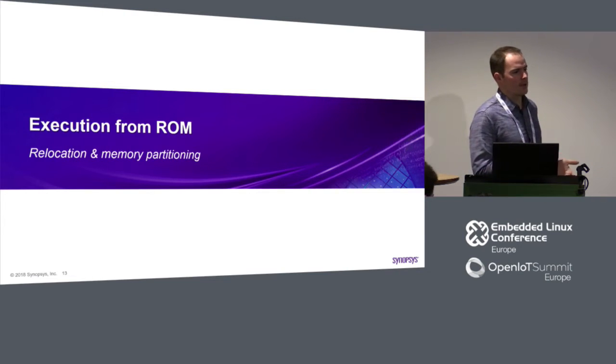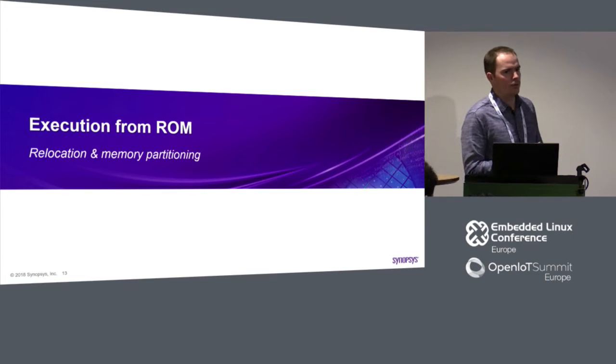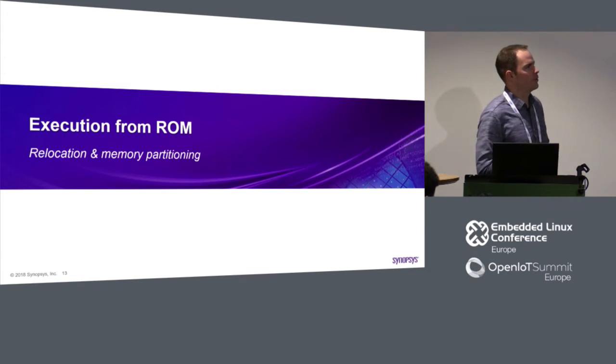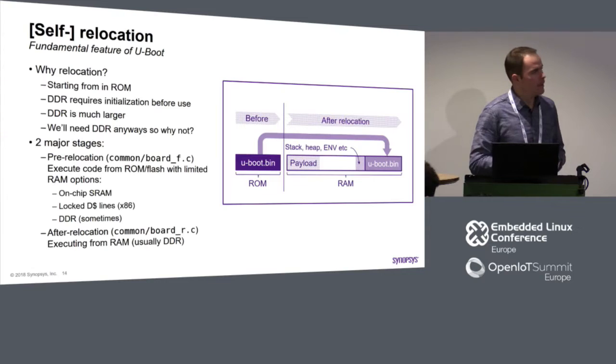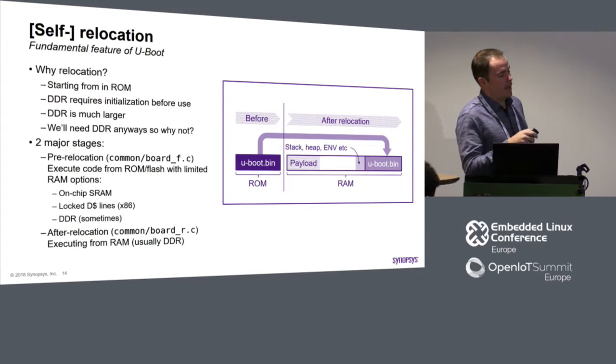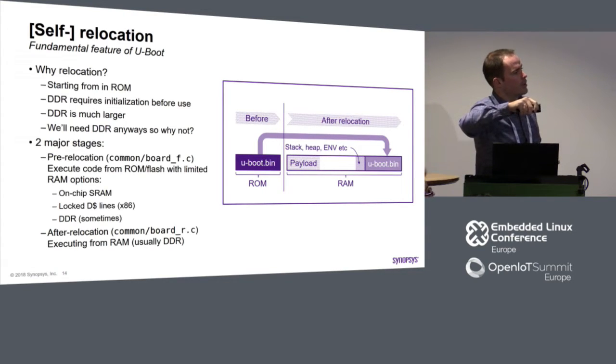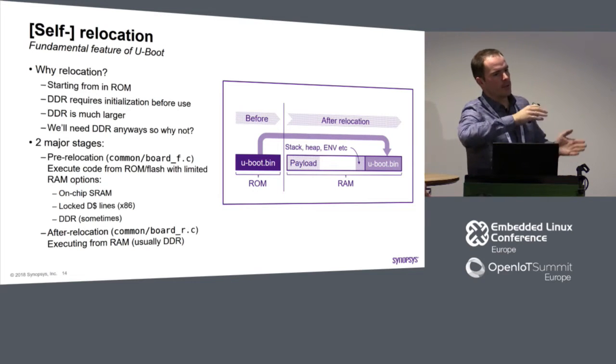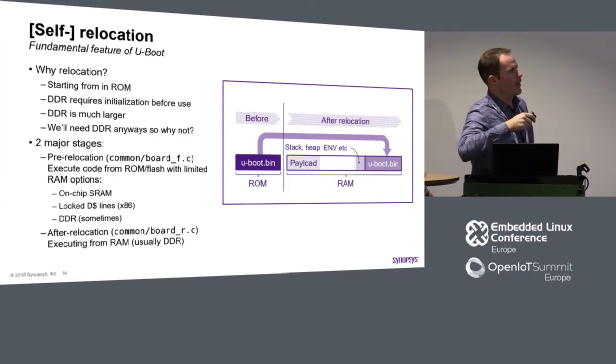Usually, U-Boot gets self-relocated. Probably not all of you know about that, so I'll try to show you what happens there. First, we load U-Boot into some initial location. It might be ROM, it might be even the start of the RAM or some other location. And there we load the entire image. And then U-Boot gets copied to the very end of available memory and starts to allocate needed memory for heaps, stack,